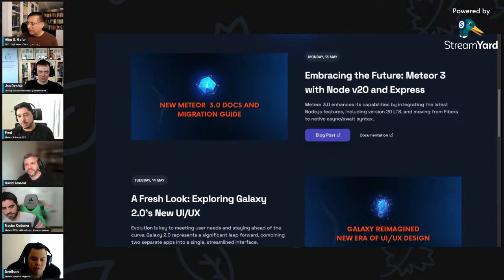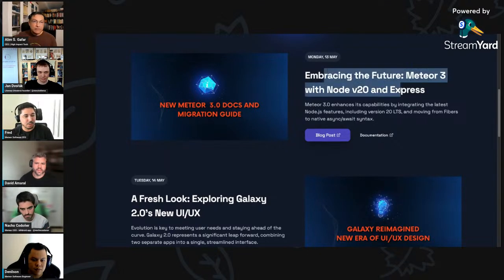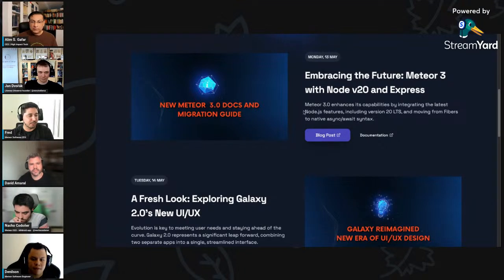So if you are migrating from Meteor 2 to Meteor 3, you can access our migration guide now. We also give you more context in a blog post written by Denilson. So what is Fibers, what we're doing, why we're doing that. I recommend you take a look at this page and read the blog post, because then you can understand why everything is happening.